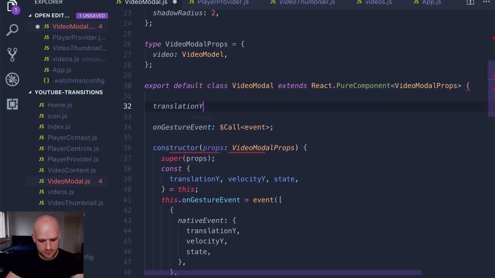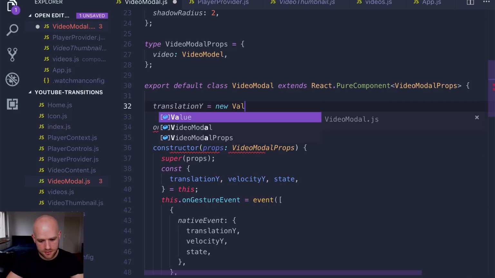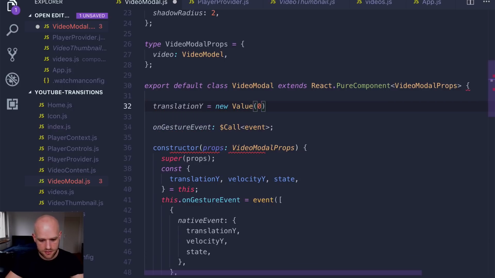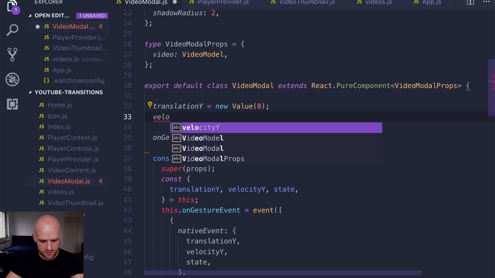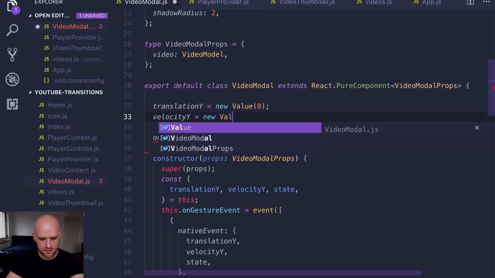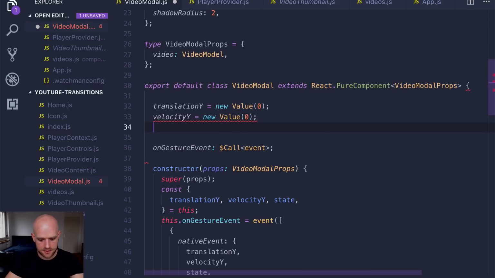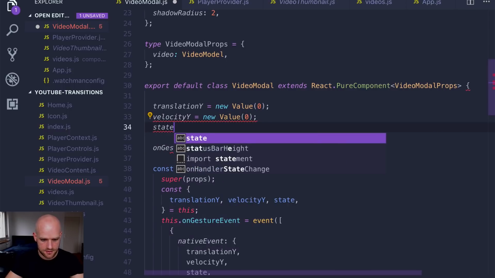So we have translation y, velocity y, and state. No, it should be called gesture state actually, because to not conflict with state from the v state